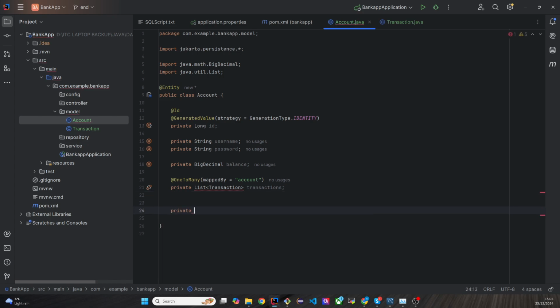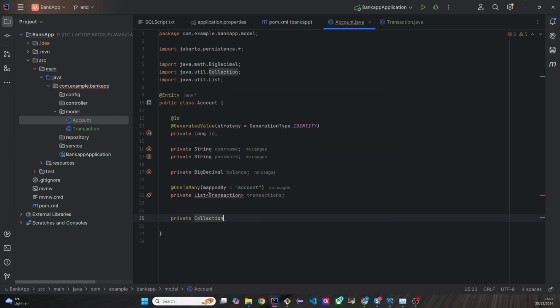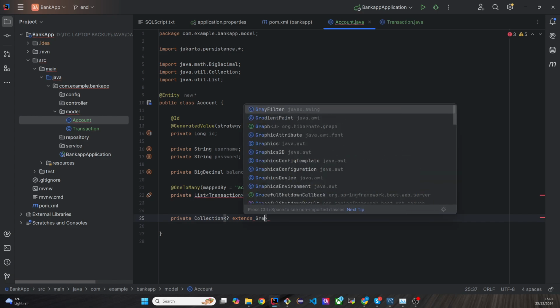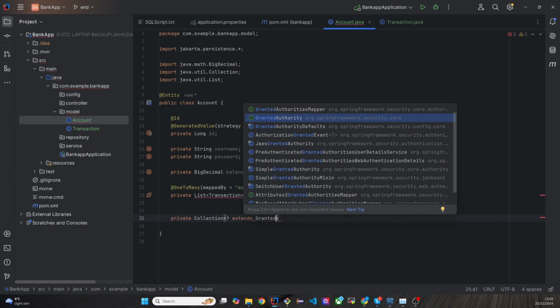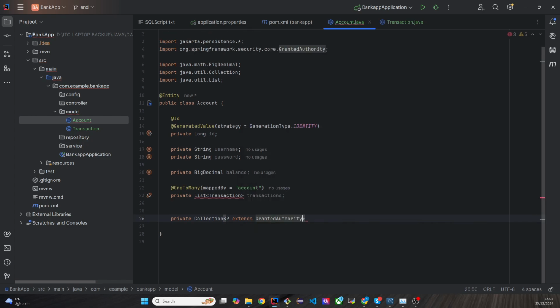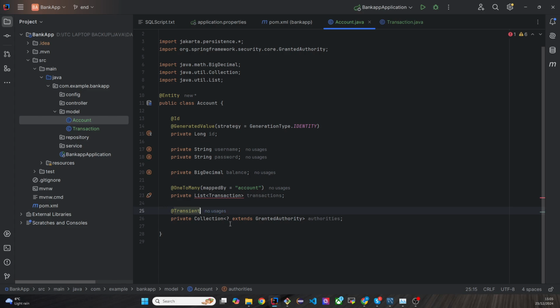And we'll also have a private collection extends granted authority. We'll name this as authorities, and we'll mark this as transient so that a column won't be created with this name authorities. And the next is